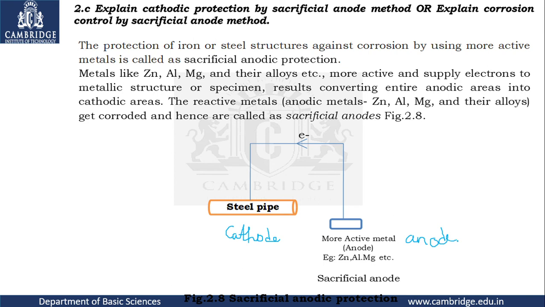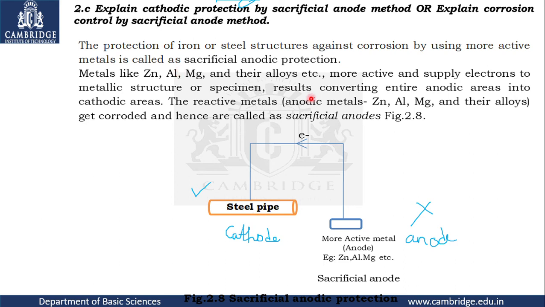Also, according to electrochemical theory, we understood that the anodic metal undergoes corrosion and for the cathodic metal no harm happens. As long as this auxiliary anode is available, no corrosion happens to this. Once this is exhausted, immediately it should be replaced by a new auxiliary anode. Otherwise, if it is left for a long time, the main metallic structure undergoes corrosion. This is called the sacrificial anode technique. Why sacrificial? Because one metal is getting sacrificed to protect the other metal.